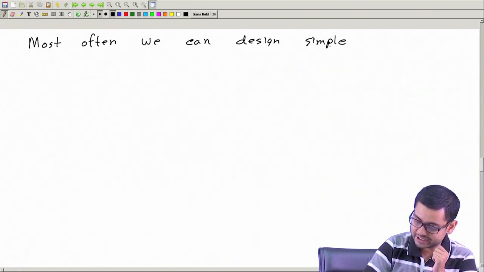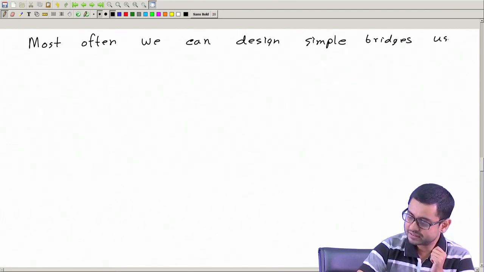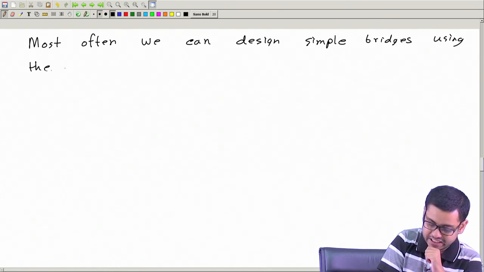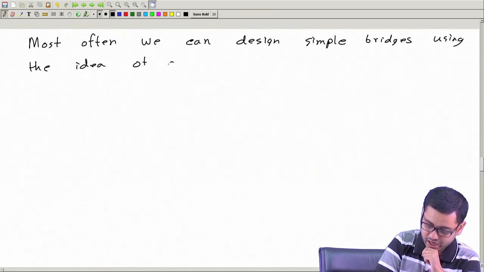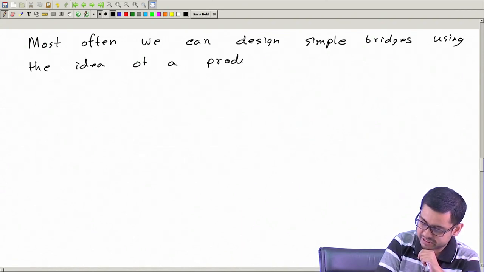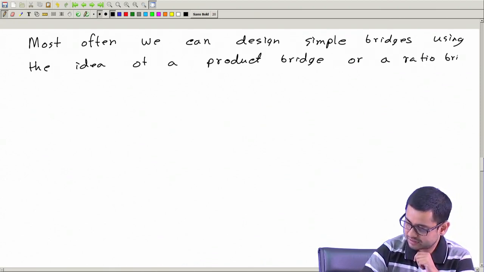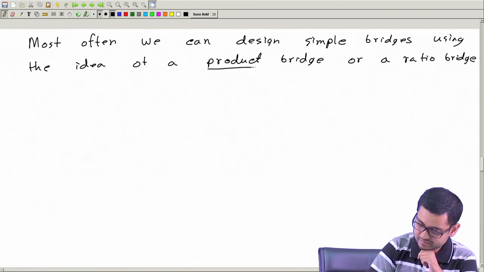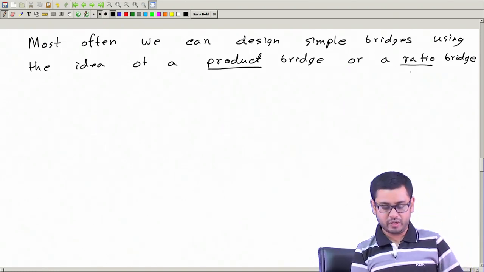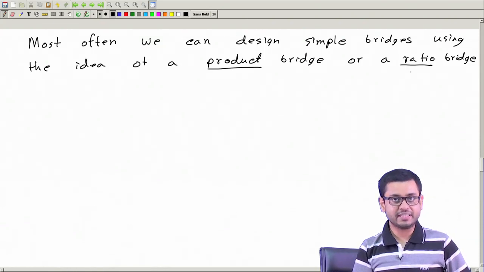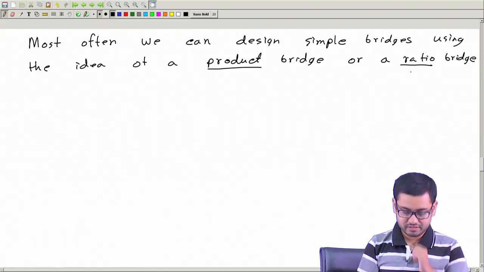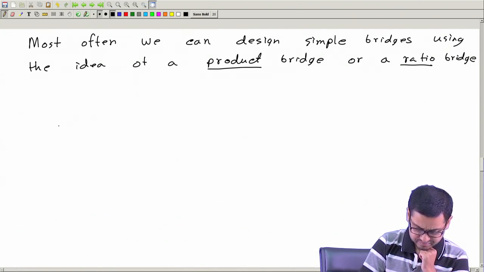Most often we can design simple bridges using the idea of a product bridge or a ratio bridge. So, this is a new thing we are going to learn, what is a product bridge and what is a ratio bridge. They are